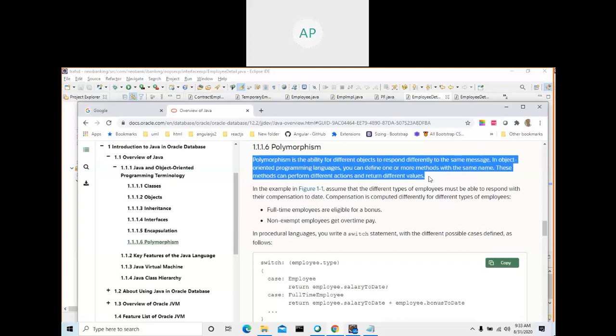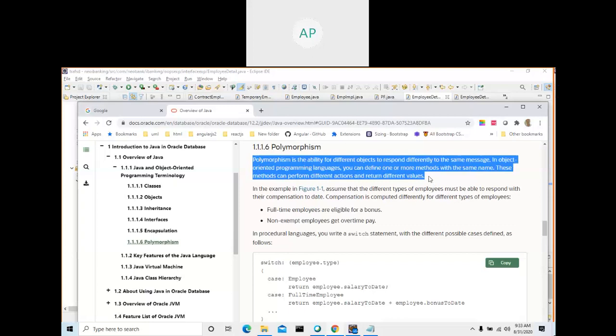Before, in the previous video, I explained inheritance, protected, abstract, and overriding. That is also one kind of polymorphism, overriding, where you define the same method in the superclass and the subclass. All things are the same: method name, signature, parameter, return type.